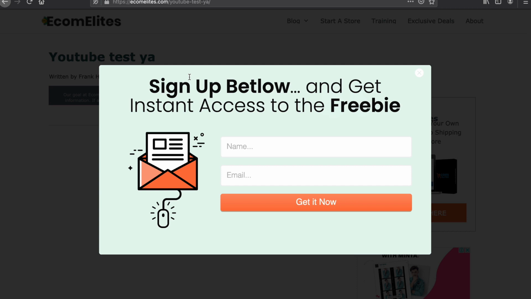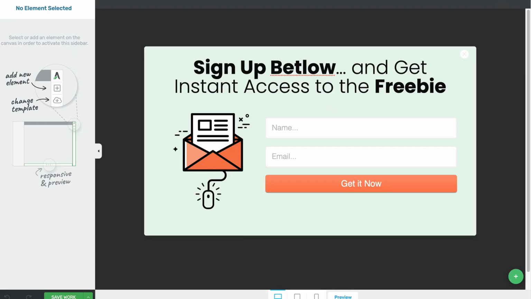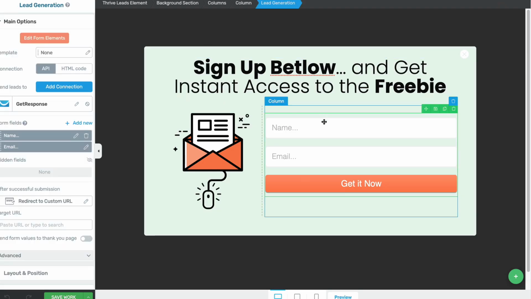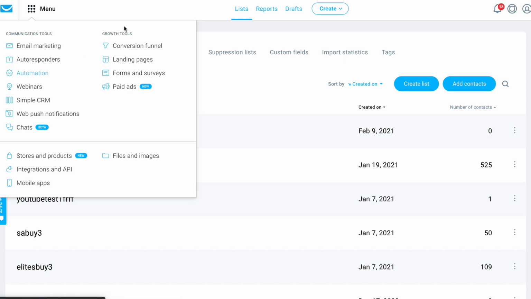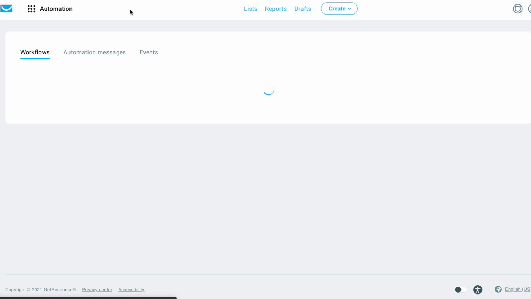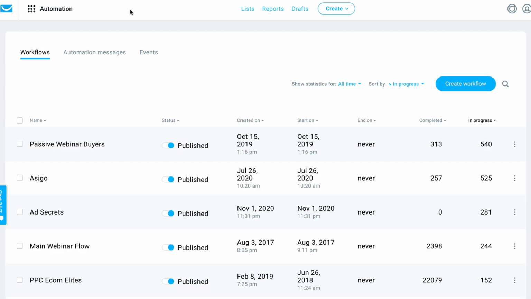Now you might be asking, how do you send emails to these people automatically without actually doing anything? It's pretty easy to set up. The first thing I want to show you is if you want to redirect people to a different page after they put in their email, you put that URL here, okay? If you want to do that, it's up to you. So the next step is you want to go back to here and go to menu and automation, okay? And I'll quickly show you one of my automations and then I'll show you how to set up an automation quickly right now.